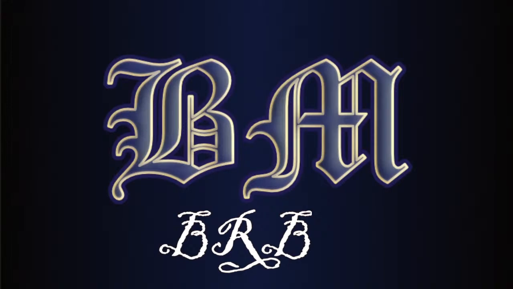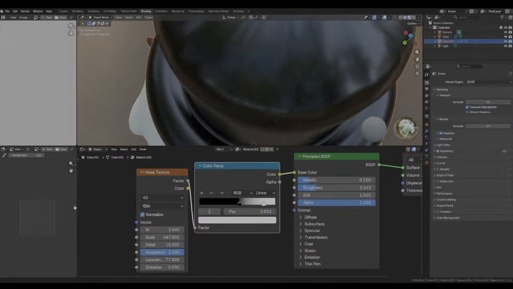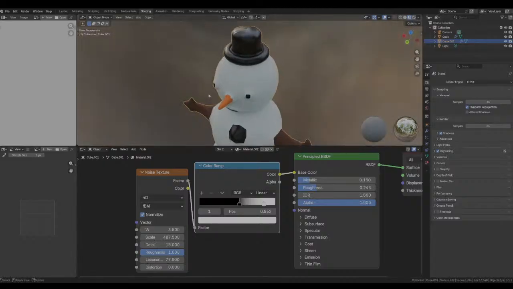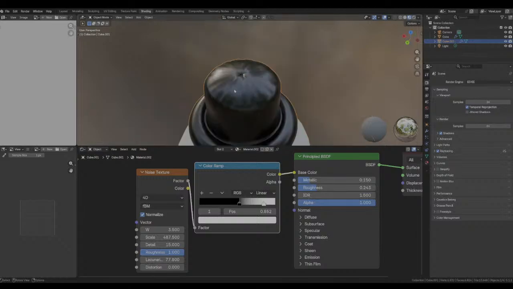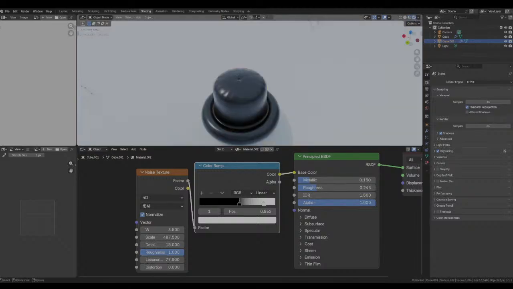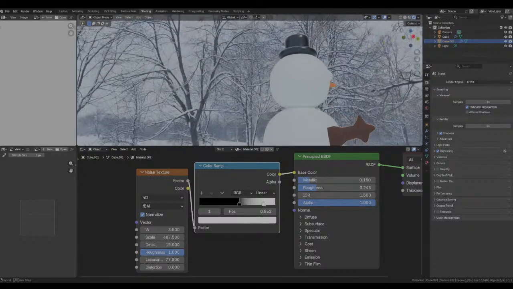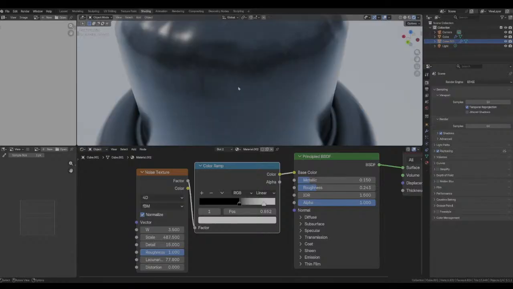So I noticed that I dropped frames when I went into what's it called? So when I went into Cycles I dropped frames. Hopefully it doesn't happen again, but I think it's a Cycles problem. But I did add an HDRI, so.